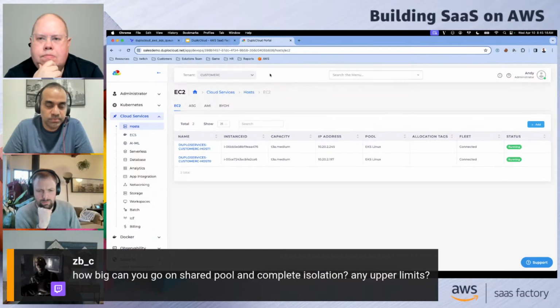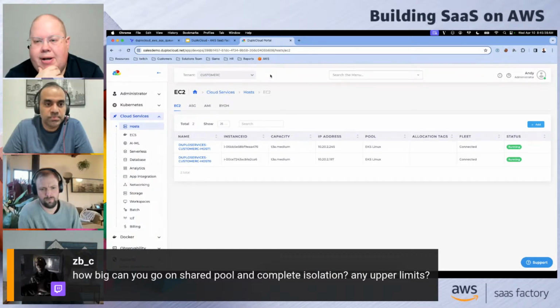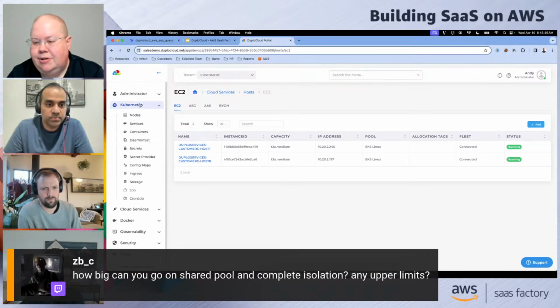So there are no limitations on the DuploCloud side. It would be more limitations on what your quota limit is inside of AWS. How many EC2 instances can you create? How many RDSs can you create? Those would be the limits that we find our customers bumping up into. Yep, excellent. Of course, many times those limits can be adjusted as needed as well, so I certainly wouldn't be fearful on that one. Great question, though. Thank you for that.